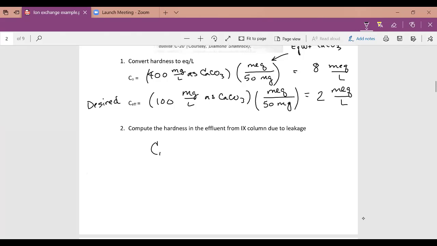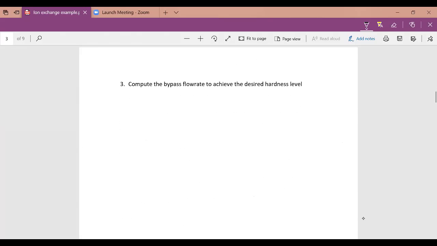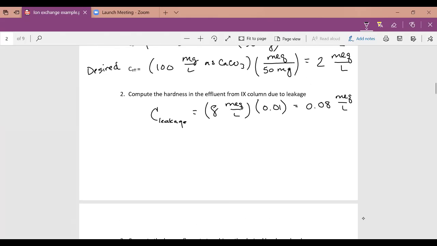So I'll call it the concentration leakage is equal to that 8 milliequivalents per liter times 0.01. So that is 0.08 milliequivalents per liter. The next thing we need to do is to compute the bypass flow rate to achieve